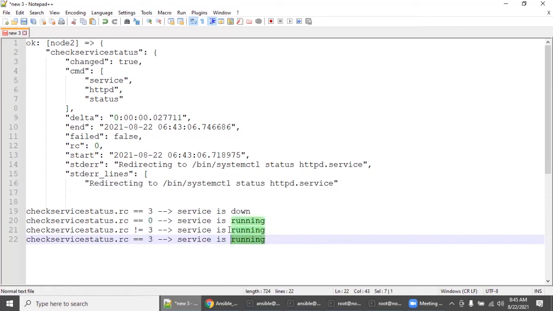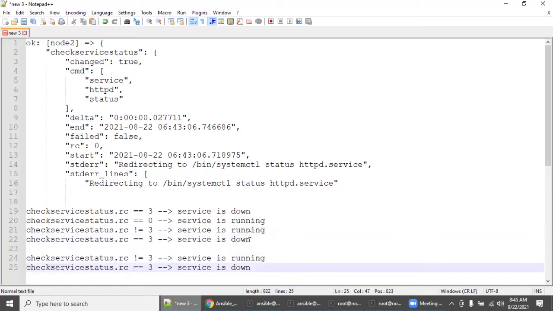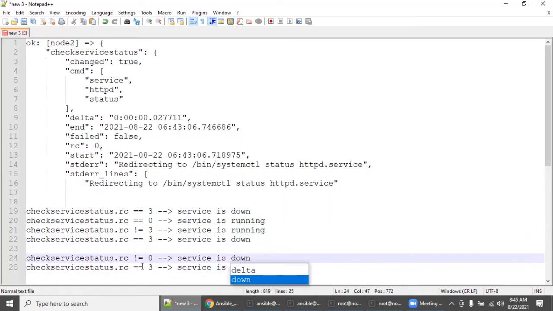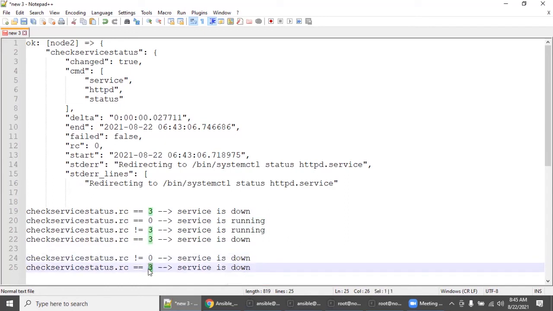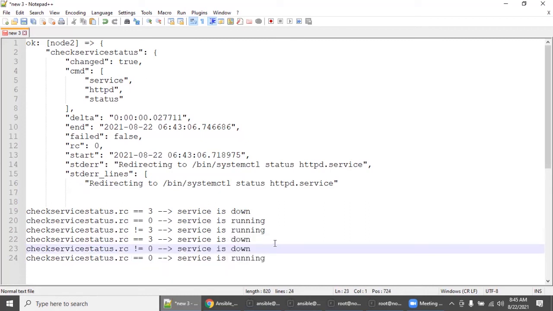And you can even apply the same by just changing it: not equal to 0 means service is down, and equal to 0 means service is running. It's very simple.